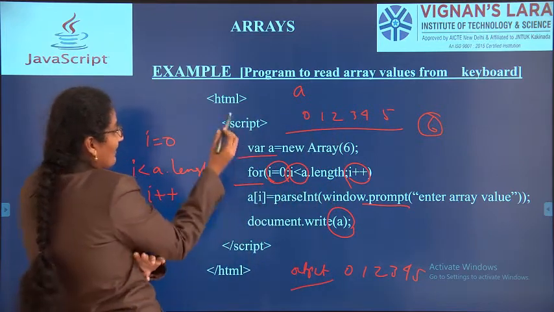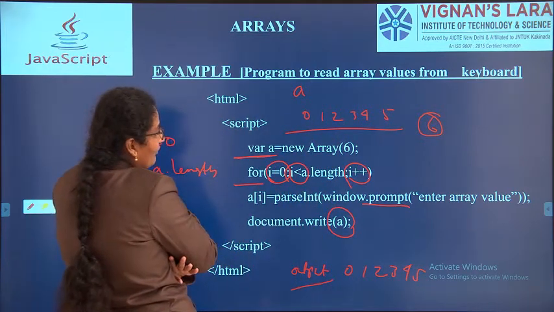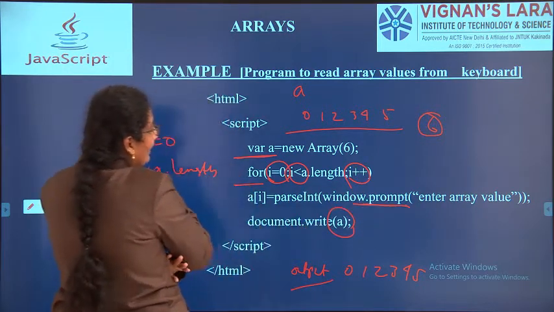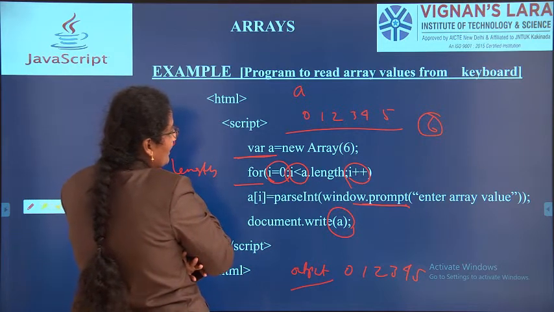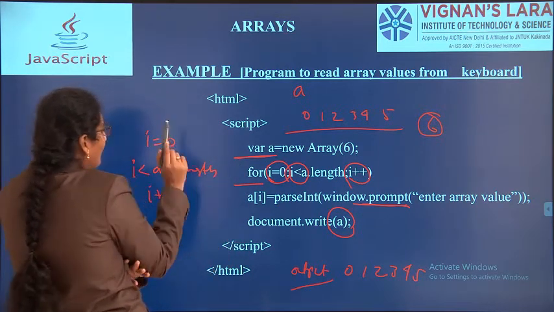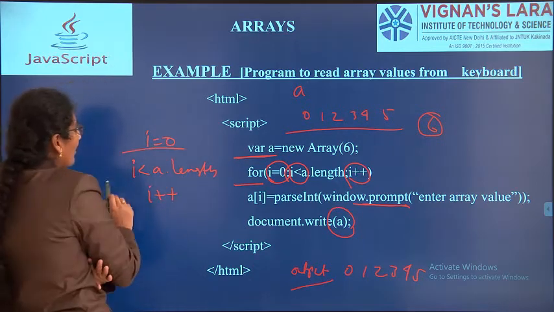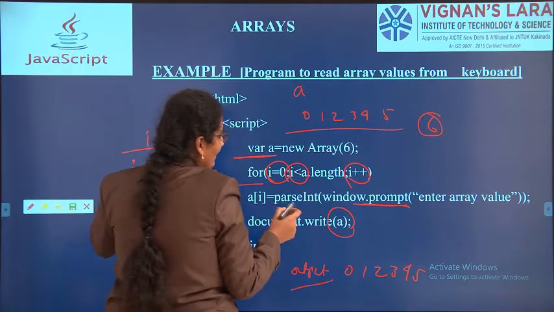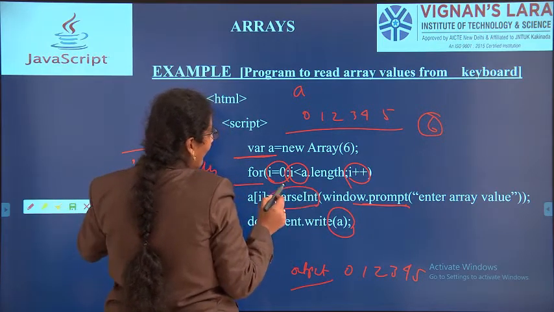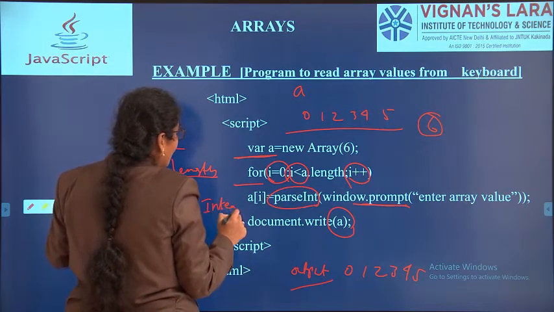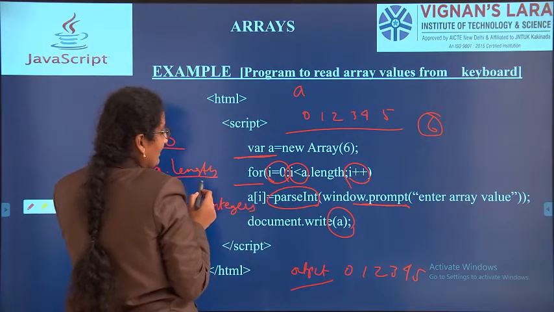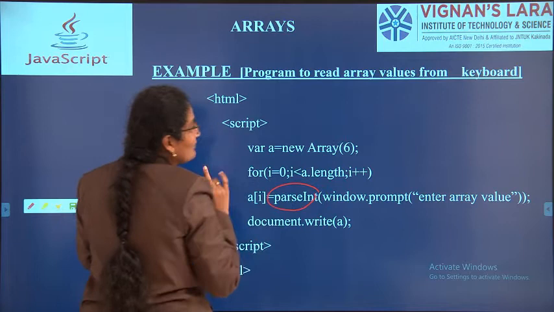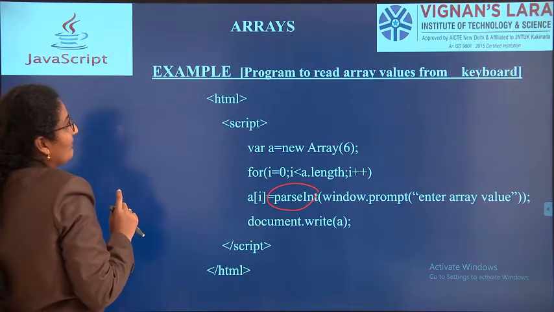So listen carefully, I have created an array. For that array I want to give the elements using the keyboard, that's why I have used window.prompt. So I can give any 6 values because I have initialized the size of the array as 6. I am using the for loop and I want to check the expressions I equal to 0, I less than a dot length, I plus plus. After performing all these things, see why I am using parseInt here: to convert all these array elements into integers. If you want all these array elements as integers, you use the method parseInt. In this one program we are using everything that we have discussed till now.